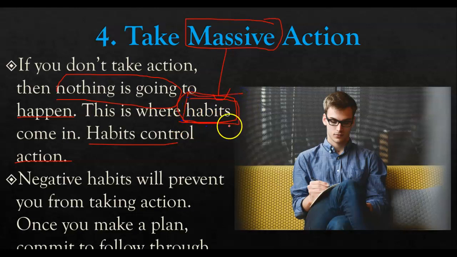So you need to build habits. Why? Because you cannot trust your will, but you can trust your habits. If you write down things you need to do and stick to them, you will do them. But if you don't write down anything and you depend on your will, thinking it's okay, I can do it, I'm sorry, you are going to fail. So you need to take action. Massive action. Here you have to turn your should into a must.